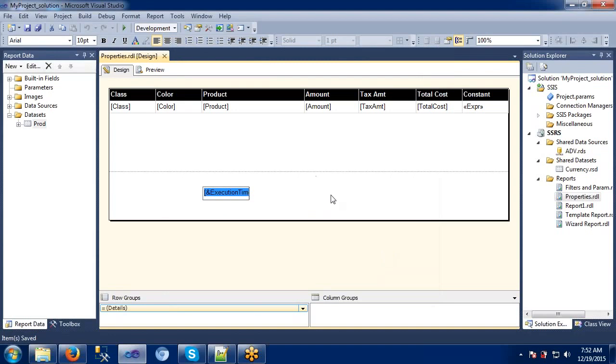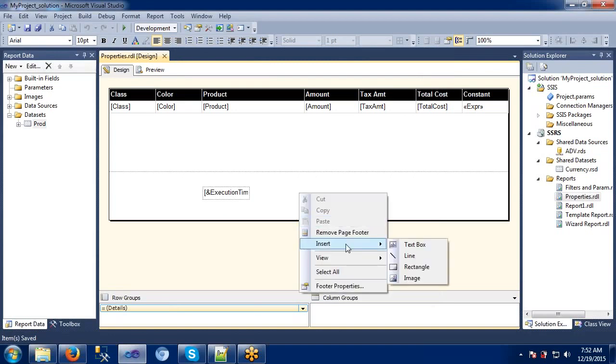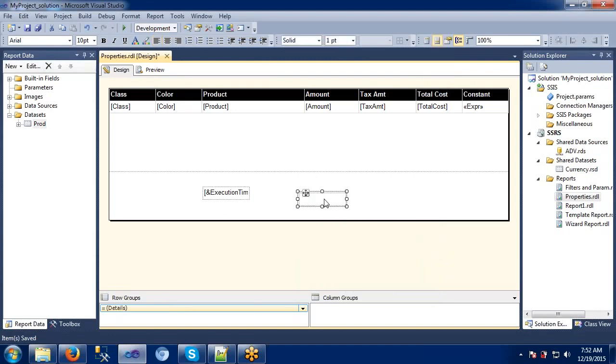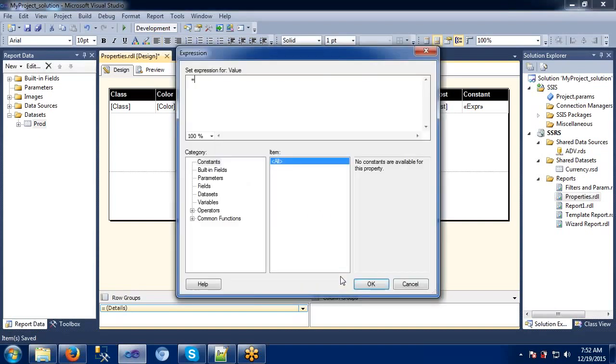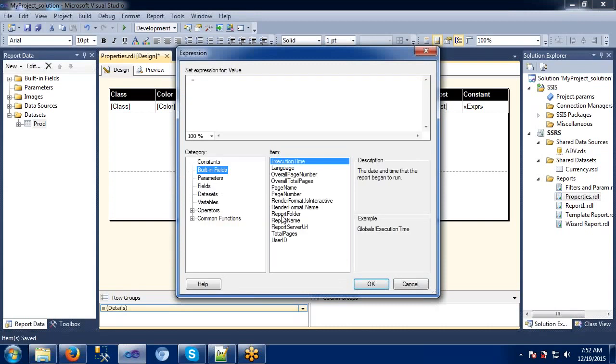Let's take one more here. I'm trying to add one more built-in function here, the page number.